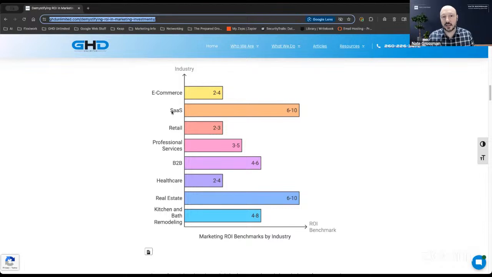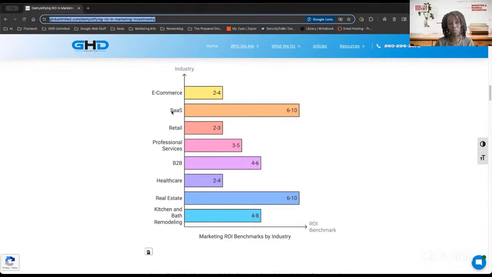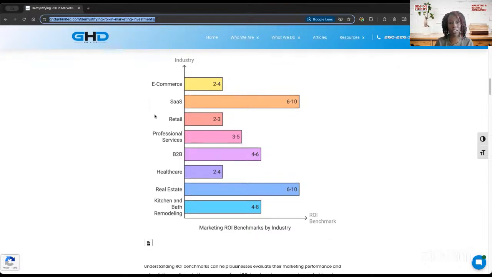You can see by far and away, real estate and SaaS have everyone else beat. Pretty interesting. It's the nature of their business, right? When you set your business up on a SaaS platform, you're depending on it every month. It's not something you just willy-nilly decide to leave.